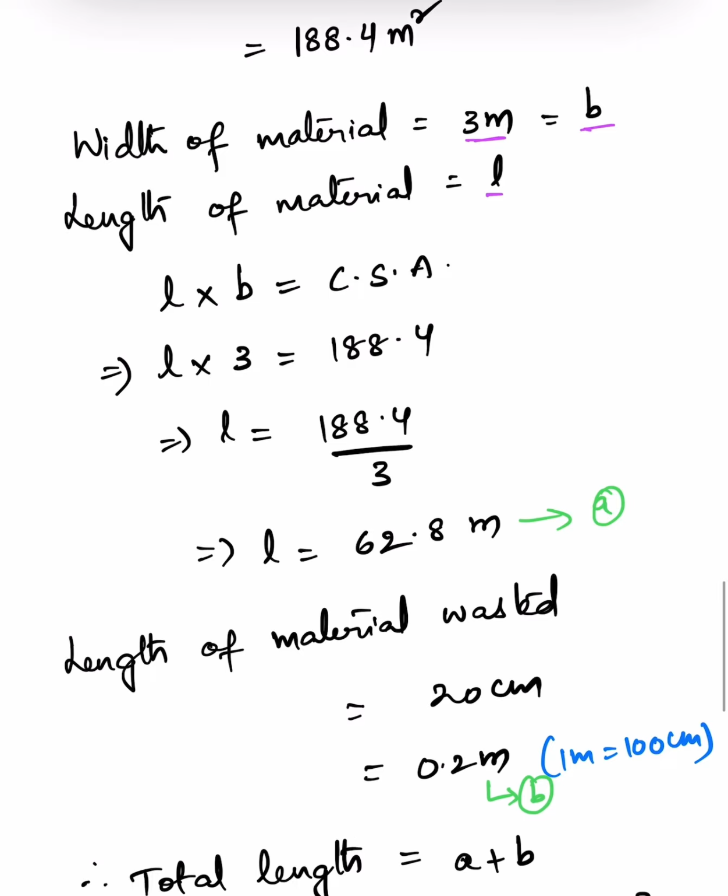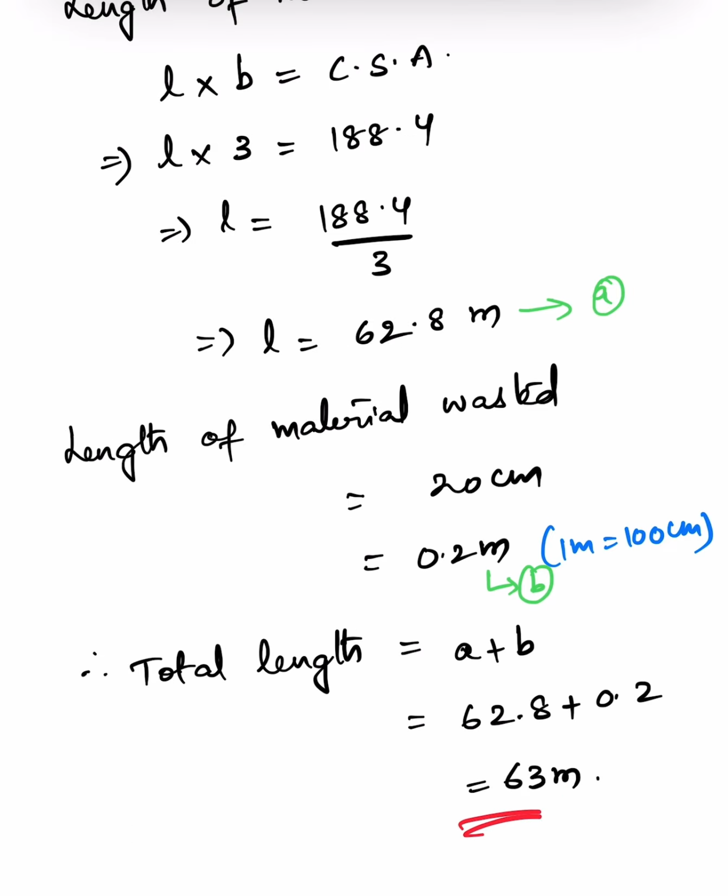Okay. 20 centimeters means 1 meter equal to 100 cm. So 20 centimeters means 0.2 meter. So this is wasted. So what is the total length taken? Length calculated plus length wasted. 62.8 plus 0.2, which is